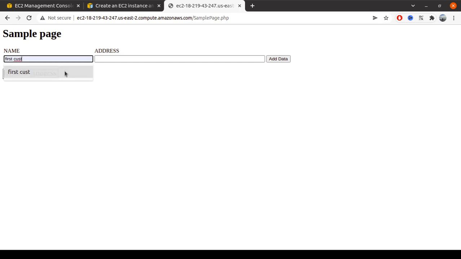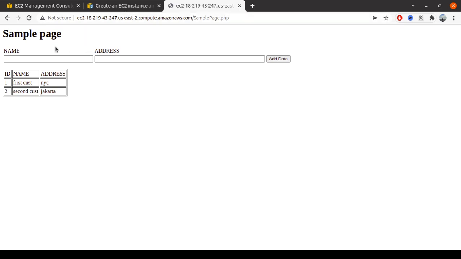So the first customer is in NYC. The second customer is in Jakarta, something like that, right? So we already added the data into the database, you can see. It's quite a simple integration between the PHP application on the EC2 instance and the RDS.